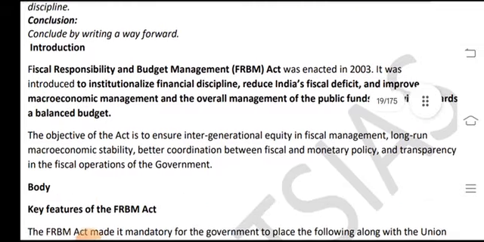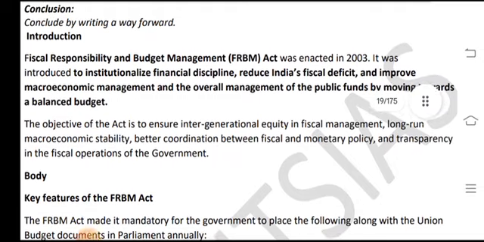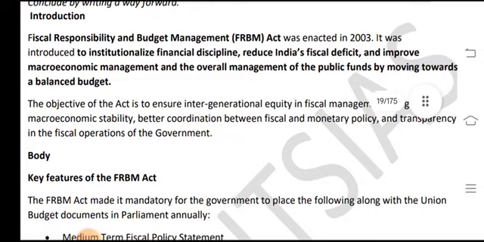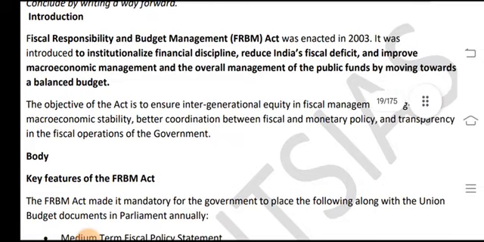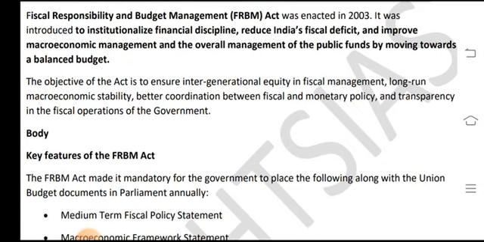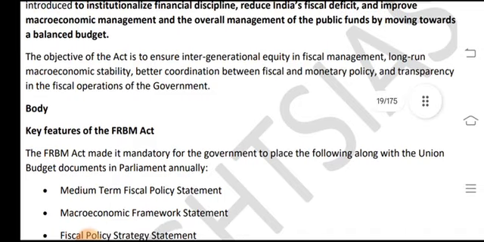The Fiscal Responsibility and Budget Management (FRBM) Act was enacted in 2003. It was introduced to institutionalize financial discipline, reduce India's fiscal deficit, and improve macroeconomic management and the overall management of public funds by moving towards a balanced budget. The objective of the Act is to ensure